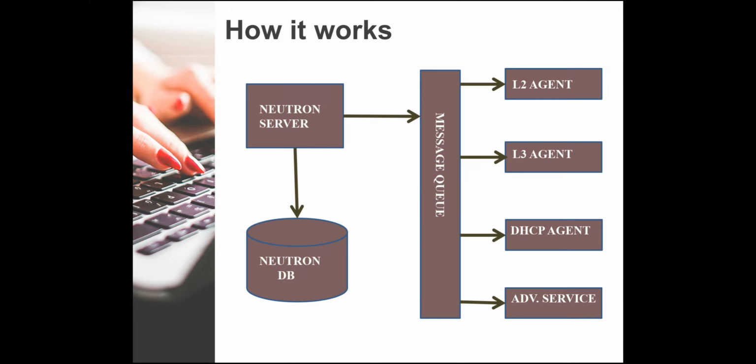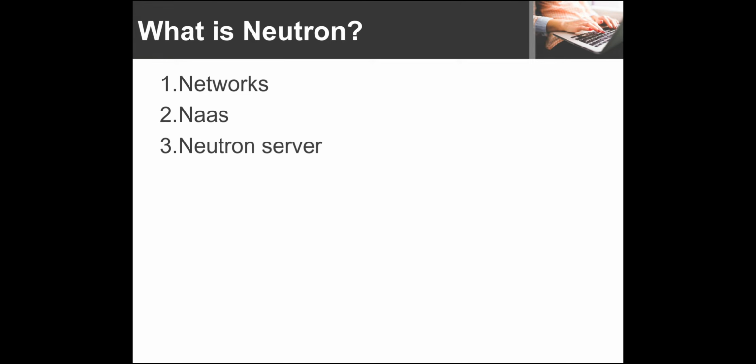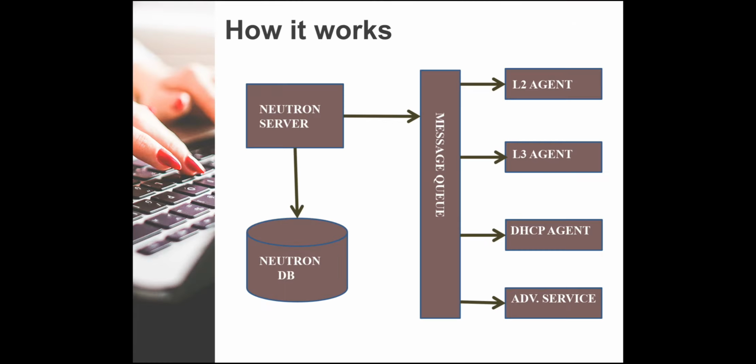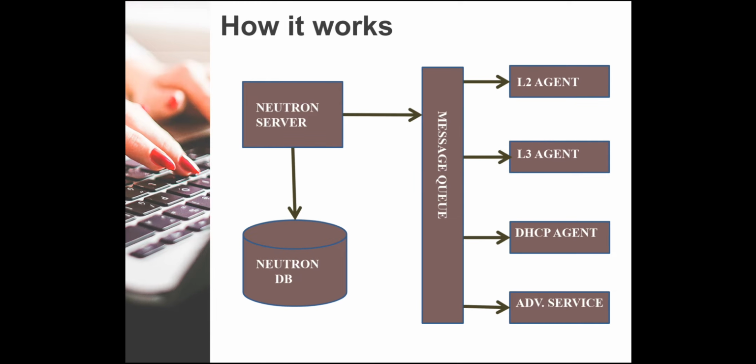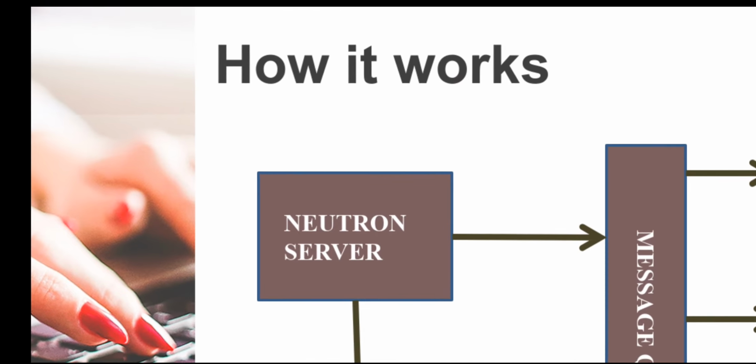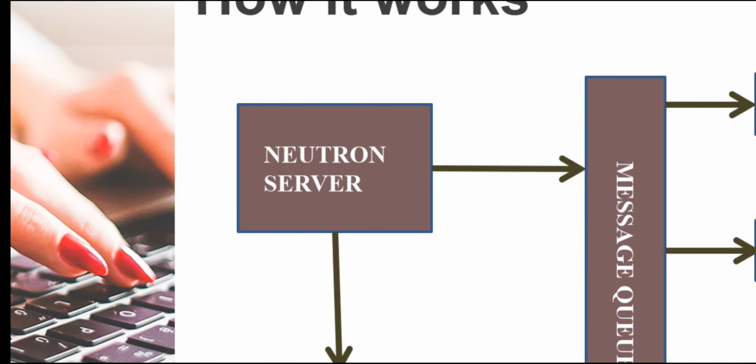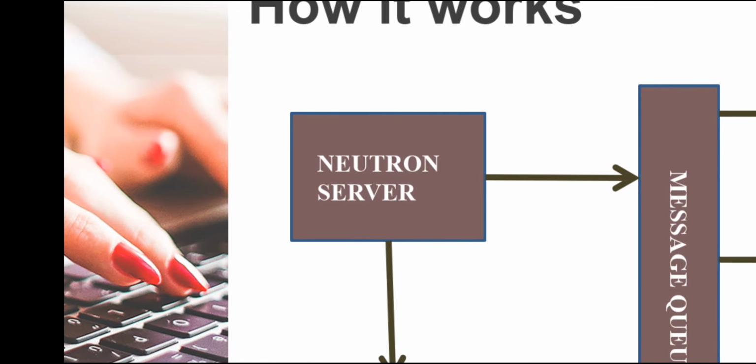If you see the architecture, we have many components. As I explained in the last point, it uses message queuing techniques through many plugins. Looking at this diagram, these components again have many subcomponents, but for the time being we will just understand the main components of Neutron. The first basic one is the Neutron server. This is the server which handles the whole environment.